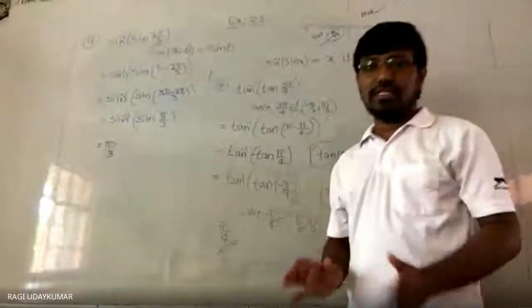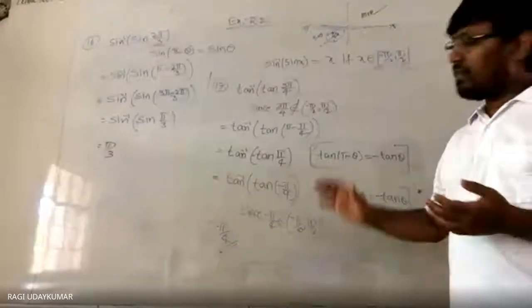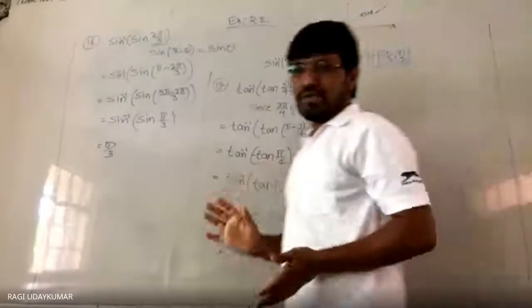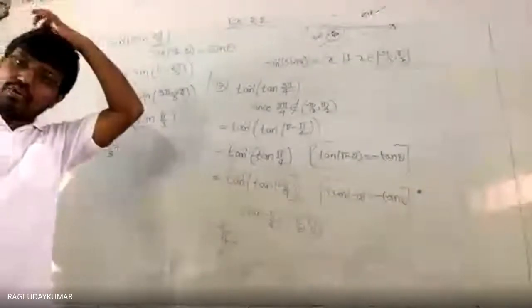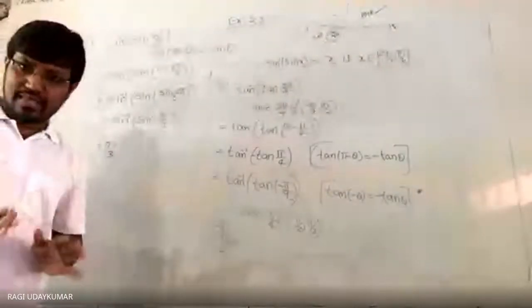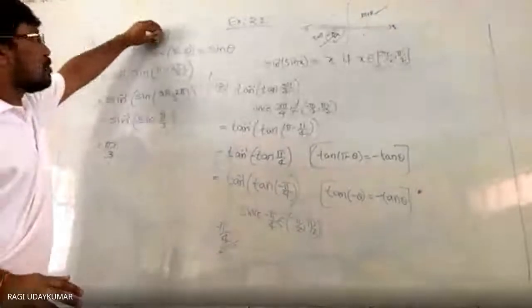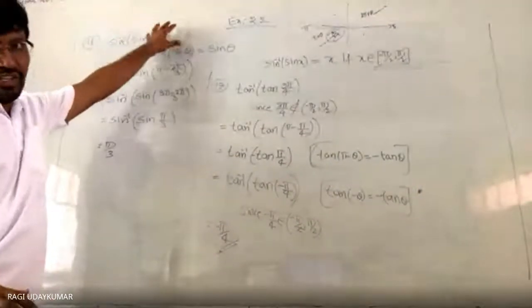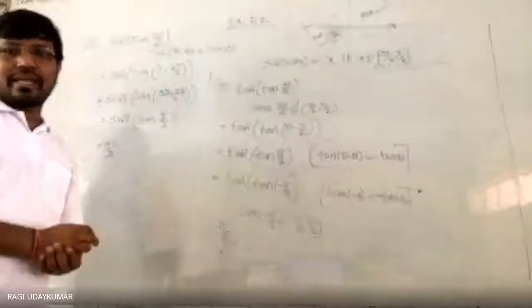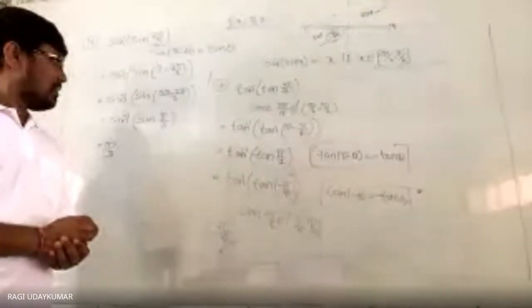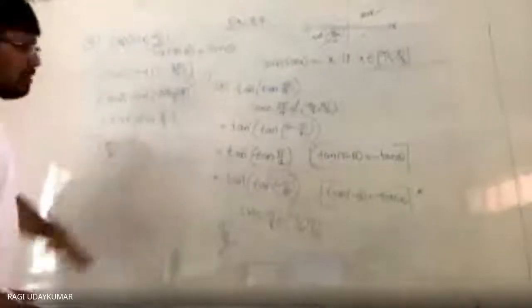See here, if you are not understanding, if you are having any doubt in this problem, please ask. These two are both comparisons. First, you need to check whether this belongs to the principal value branch or not. After checking that, this problem also can be done in another way. Shall I give this problem in another way?